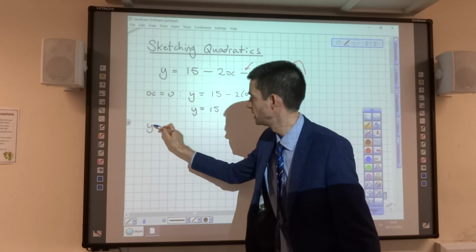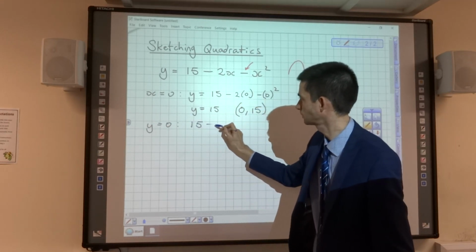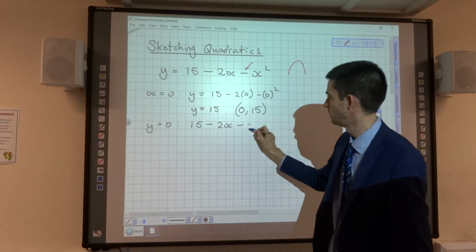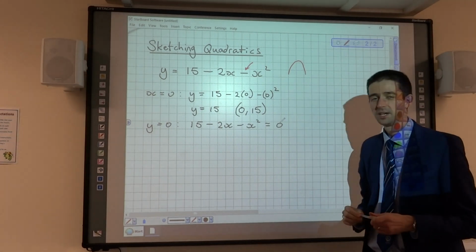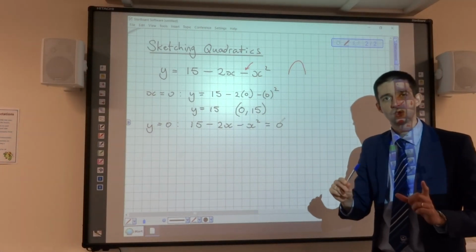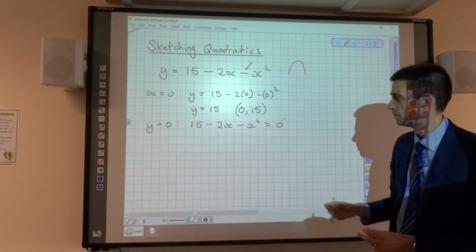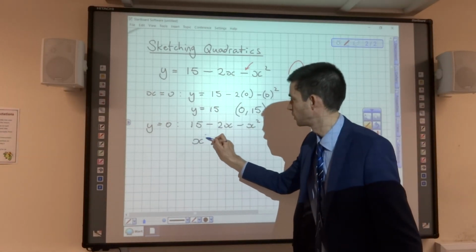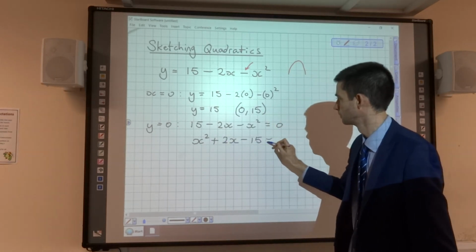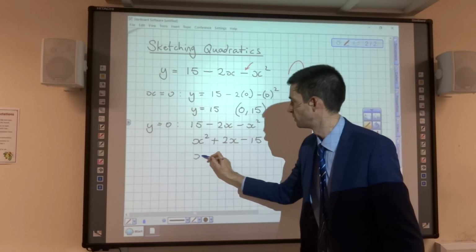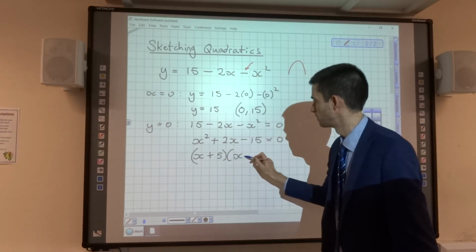I'm then going to make y equals 0 to find the x-intercept. So 15 minus 2x minus x squared equals 0. Now, because I'm solving equal to 0, I am allowed to multiply the equation through by negative 1 to give me x squared plus 2x minus 15. That will factorise to x plus 5, x minus 3,